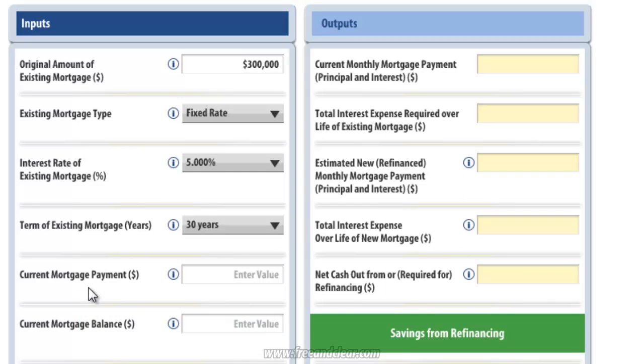The next input is current monthly mortgage payment. In this example, our monthly mortgage payment is $1,610. The next input is your current mortgage balance. You've probably paid down some of the principal amount of your mortgage, and this is your current loan balance. Your current mortgage balance may be on your monthly mortgage statement, or you can contact your lender for this information. In this case, I'm going to say that our mortgage balance is $250,000, so we've paid off $50,000 of our